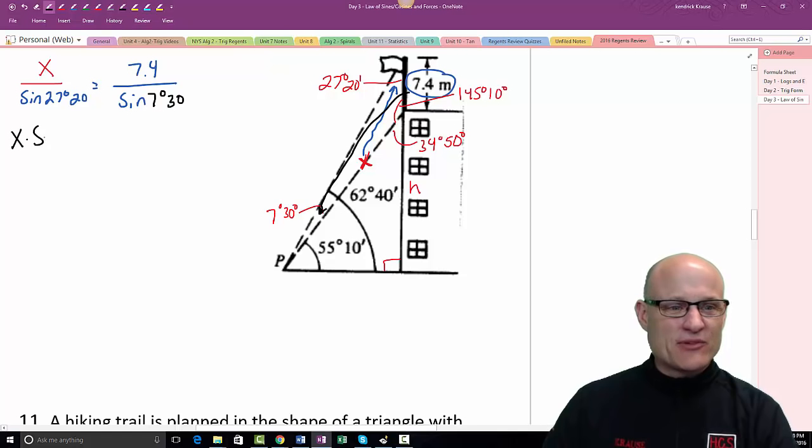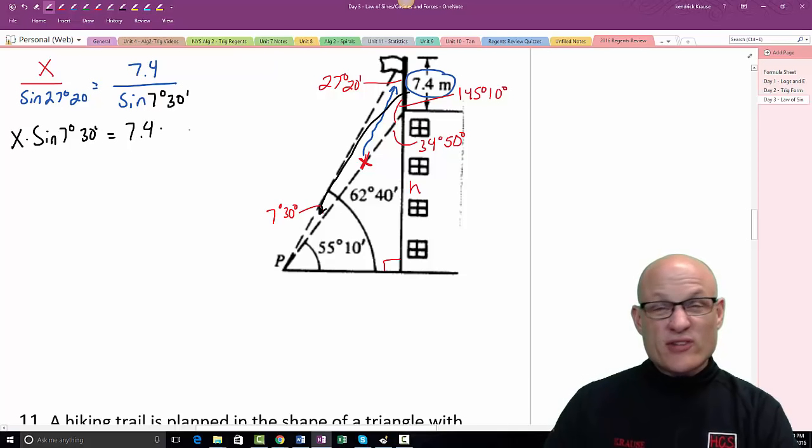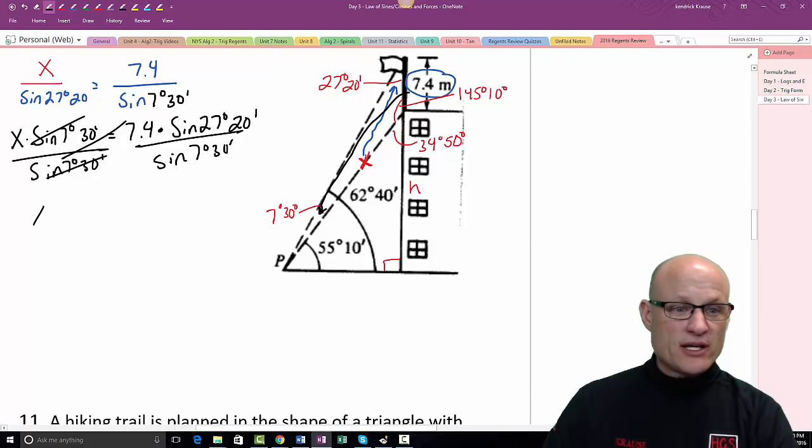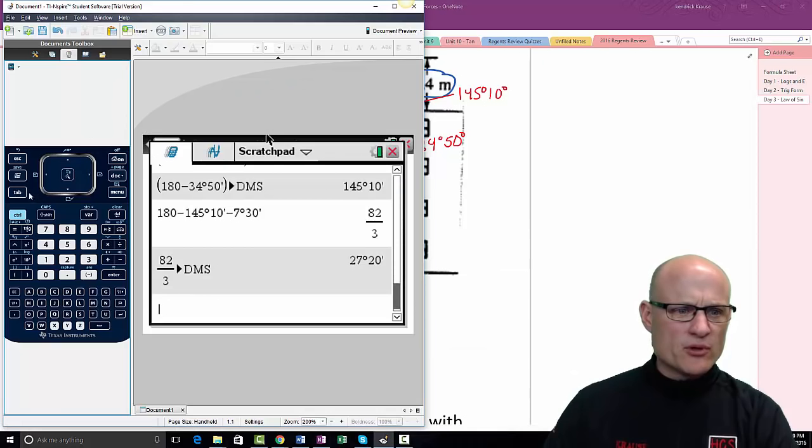All right, so we're going to cross multiply. So we get x times the sine of 7 degrees, 30 minutes is equal to 7.4. Notice I always put the trig thing second, not first. Sine of 27 degrees, 20 minutes. And then we're going to divide by sine of 7 degrees, 30 minutes. Wham, bam, bam. So I get x equals, so 7.4